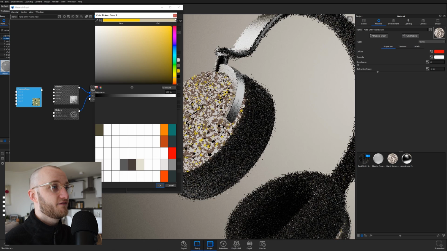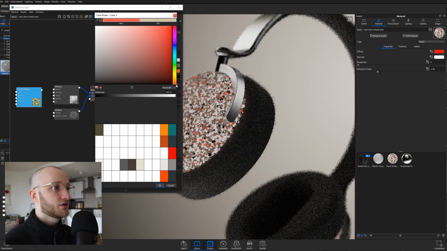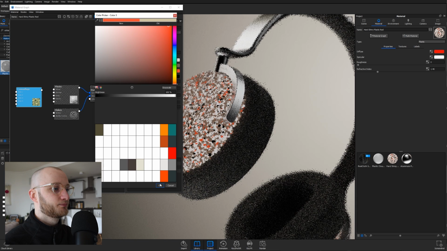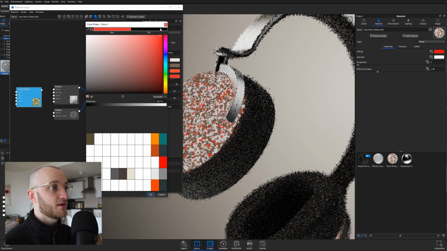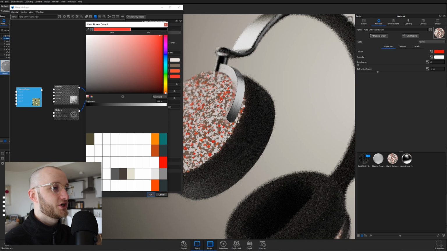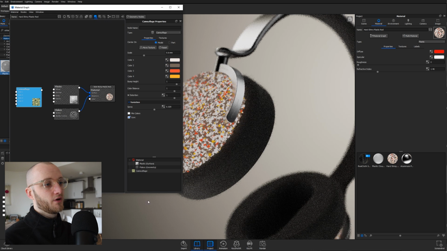So I'm going to go nearly full saturation, not quite, and start off with a burnt orange. We'll go about there. Bit more on the saturation. And then for my color 4, I'm going to go for the same sort of saturation, not quite full saturation, and go for a lighter orange, close to a yellow. Okay, when you do that, you'll see that the camouflage color changes in the preview there,